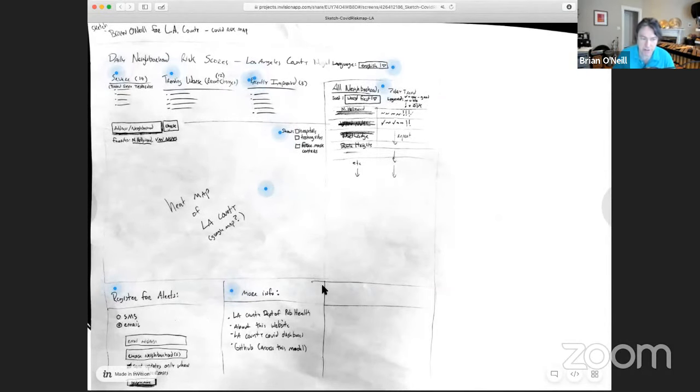This register for alerts is pretty self-explanatory. It probably makes sense to allow SMS or email or maybe some other methods for delivering alerts to citizens or any interested party. So basically, type your email or your mobile phone number in, and enter the neighborhoods that you're interested in watching. This can also be useful for people who don't live in Los Angeles, who have loved ones or significant others that do live in the city, and they just want to keep tabs on what's happening in a particular area. And then you could just subscribe and get notified